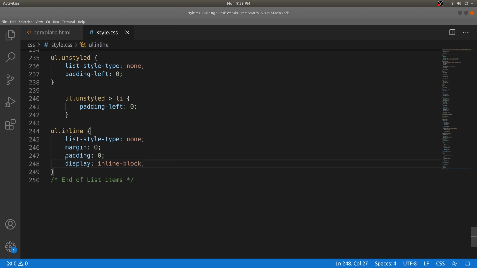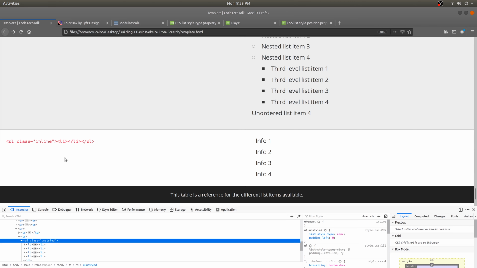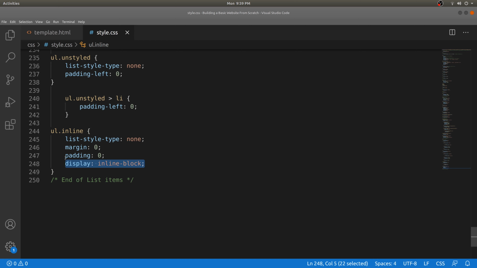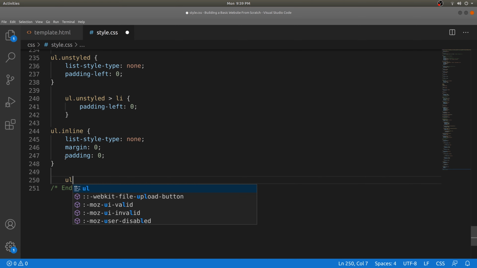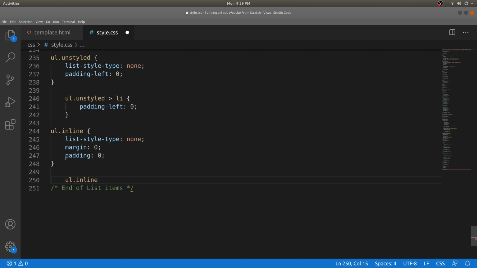I'll go ahead and add a link to this as well for you guys to read up a little bit more. So display inline-block tells us that the elements, let's take a look at this. This is not set up on the right element. We're going to use it on the list item. So let's add the list item. Sorry for the confusion. So UL inline and then list item. In this case we want them inline, we don't really care about secondary children unless you want to go through building those. So here, display